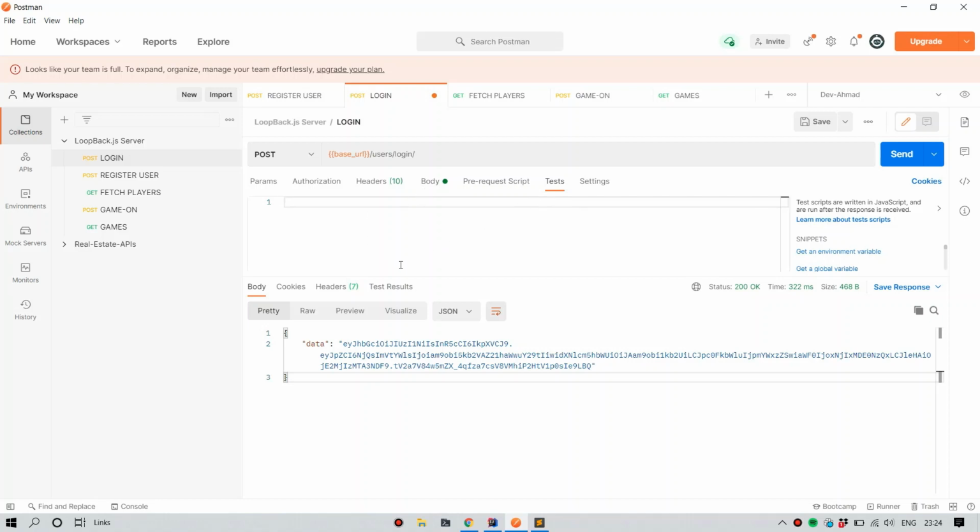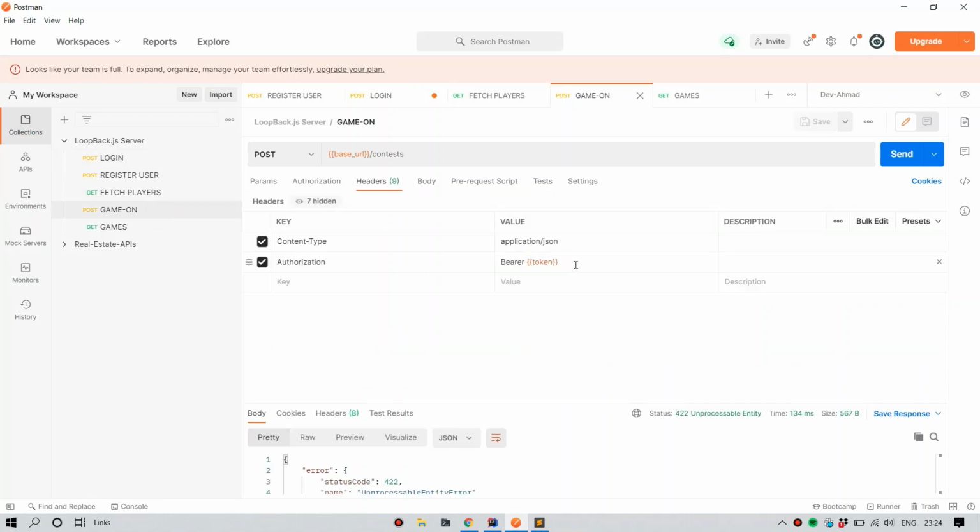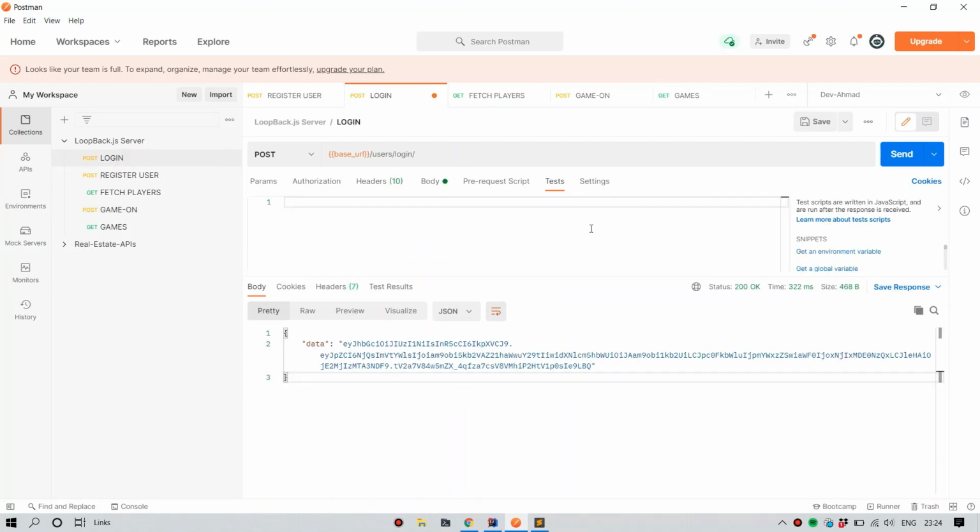So whenever we get a response, we can write some script here which will run and set the environment variable, and then that variable will be used here, because we have removed the actual data and set it as the variable. So this variable gets updated every time we log in with the help of the script, and then it works. So let's just write the script.